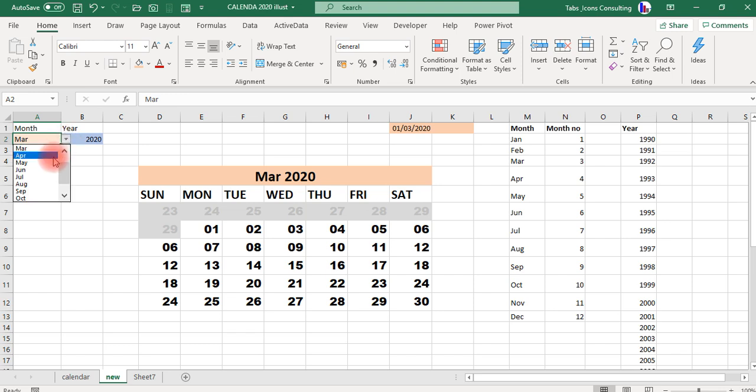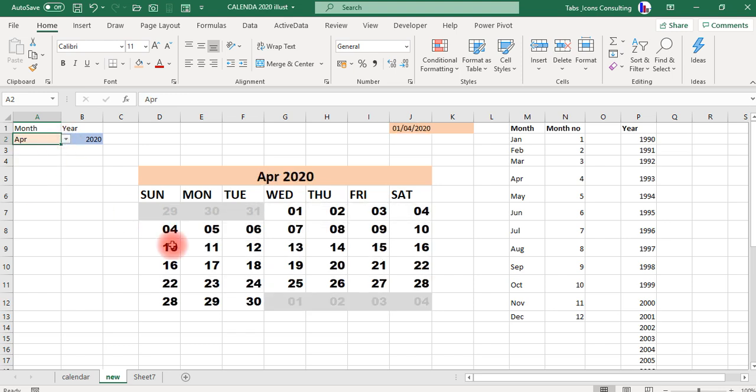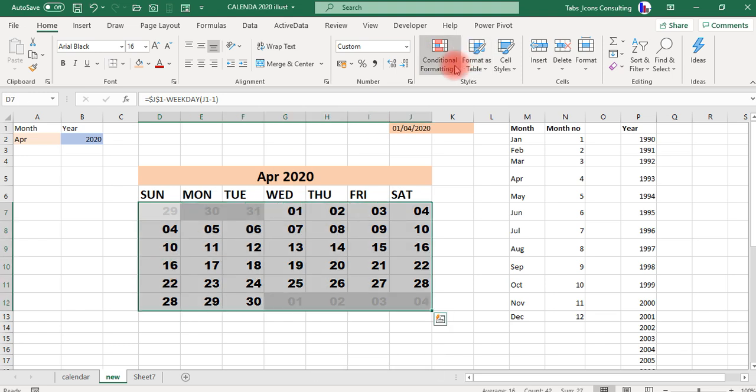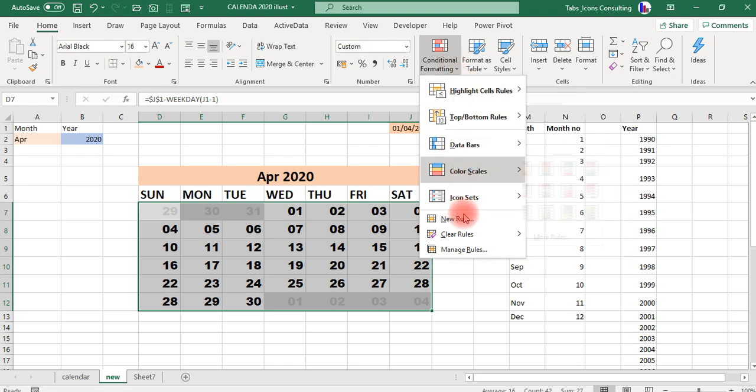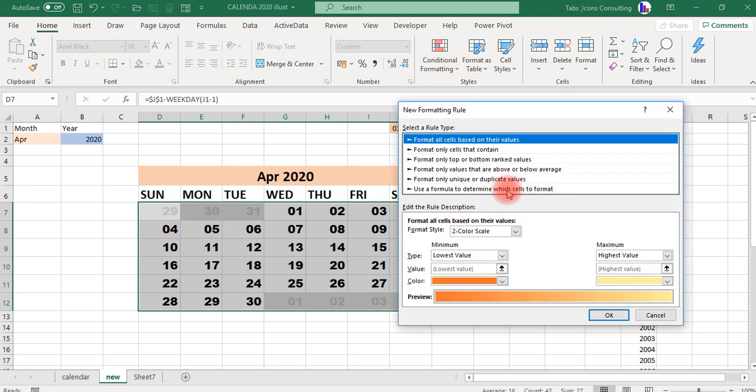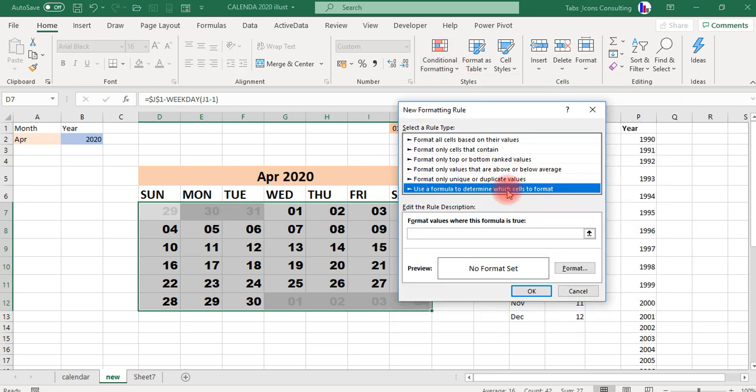Now we are gradually wrapping up our calendar. What next is just to beautify the calendar. If we select a current date, let that date be highlighted separately. So I'm going to highlight this, for example, and I'm going back to my conditional formatting. I'm going to take new rule, and I click on this, and this time I'm going to say